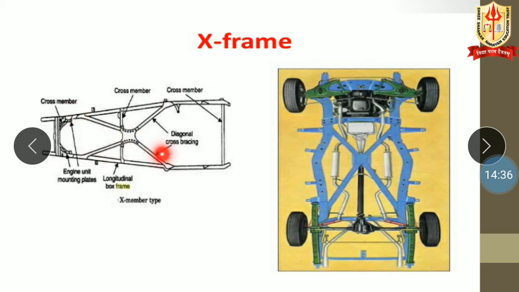Why is this named an X frame? Because of this diagonal cross bracing. This diagonal cross bracing increases the strength, or you can say the load carrying capacity, of this frame. How it actually looks when we install it in the vehicle: this is the actual view of the X-frame.